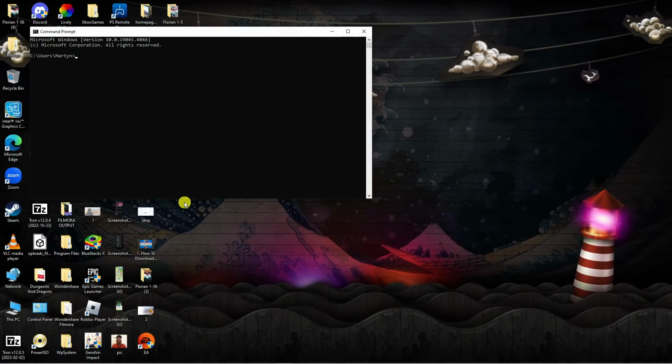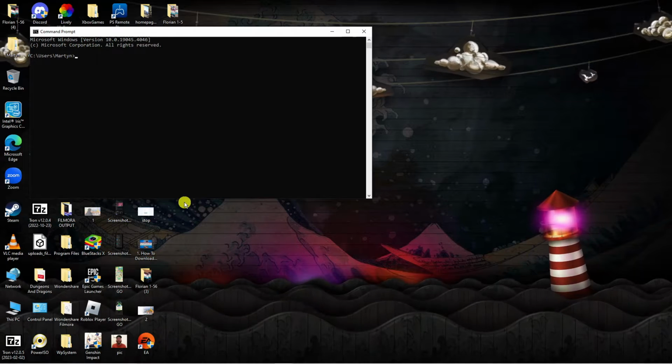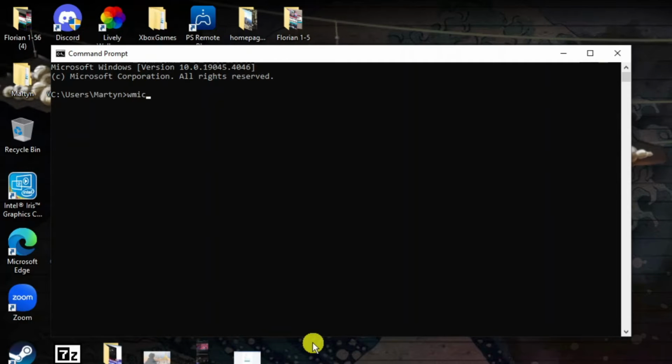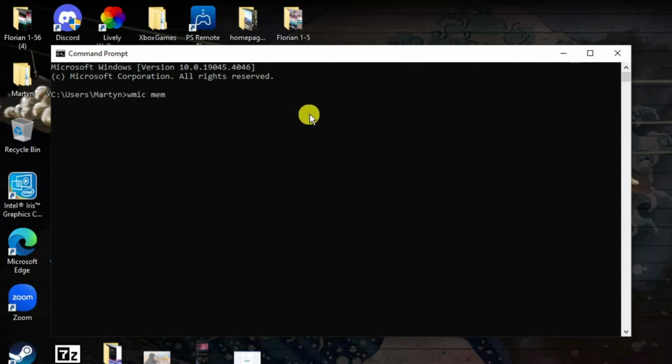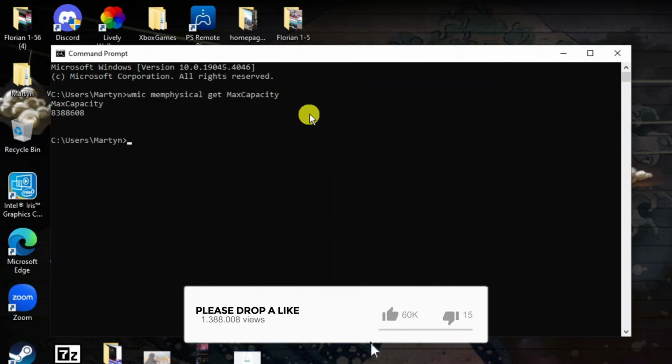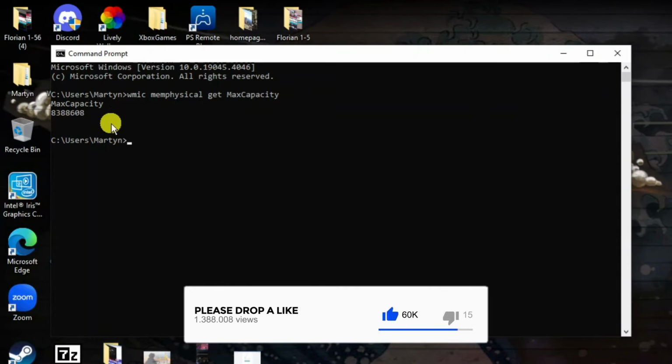Then what you want to do is type the following command into command prompt, which is WMIC, then MEMPHYSICAL, then a space and then get, then a space and then MaxCapacity, just like so. Once that's done, go ahead and press enter, and you're going to get this returned with